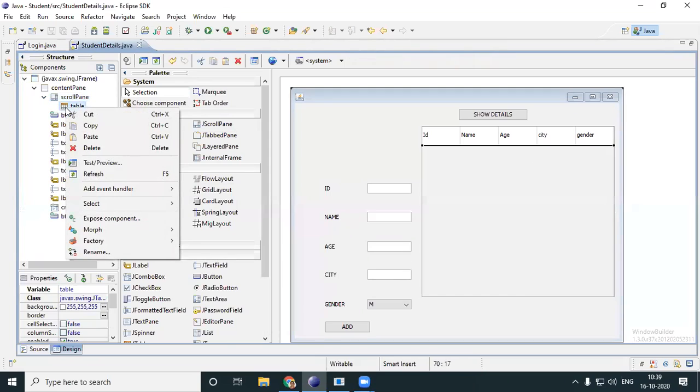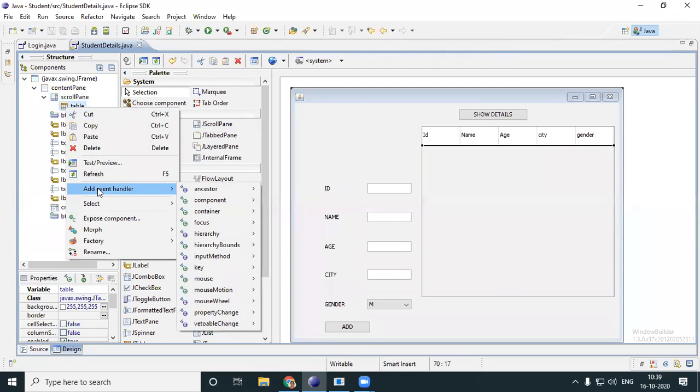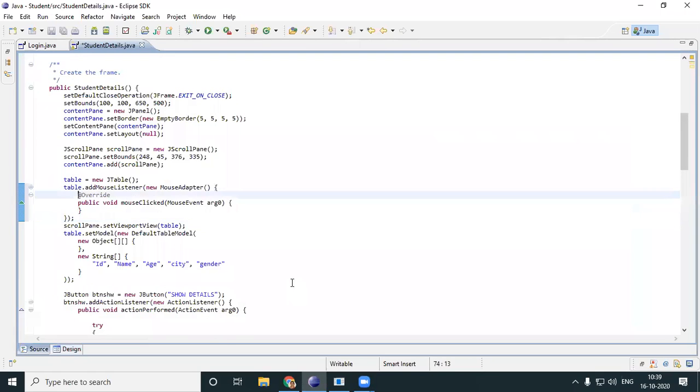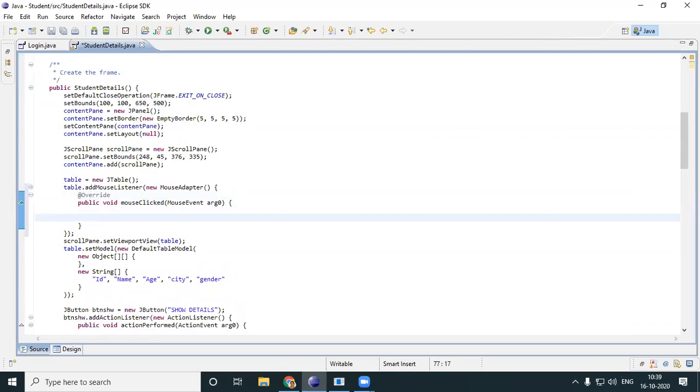Now I'll give an event handler for my table. I'll give mouse clicked. When I click a particular row in the table, things should come into my text boxes. For that, you have an object called DefaultTableModel.